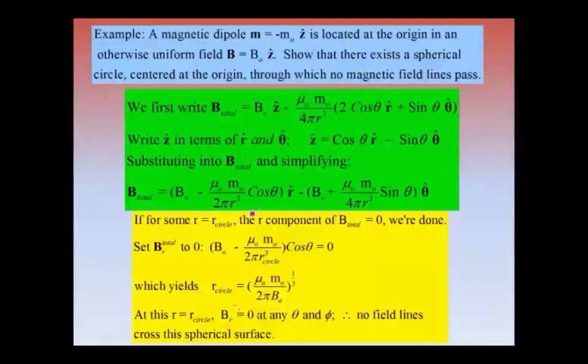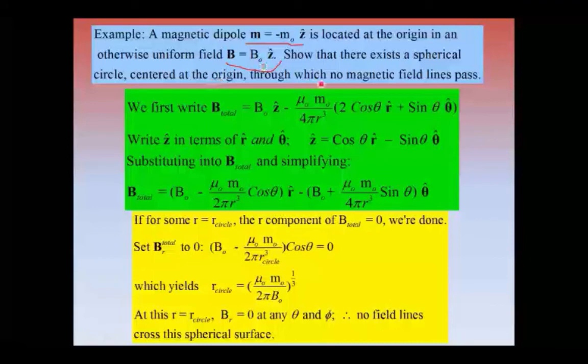We're given a magnetic dipole. This happens to be pointed in the minus z direction, magnitude m0. It's located at the origin in an otherwise uniform field. Here's that value, and it's pointed in the plus z direction, so these are opposing each other. What we want to show is that there exists a spherical circle centered at the origin through which no magnetic